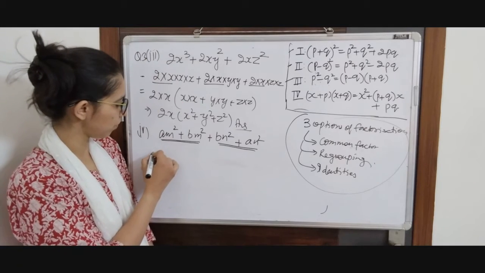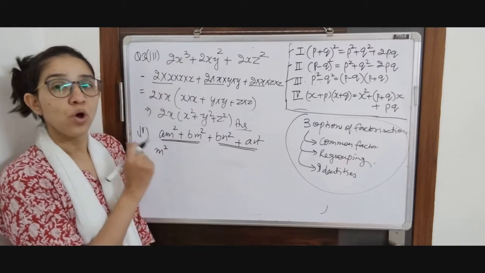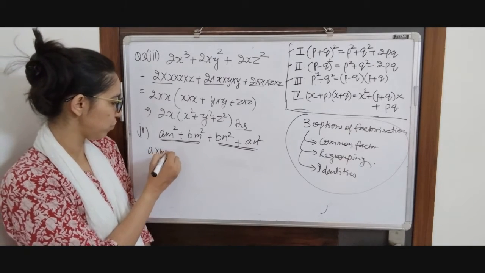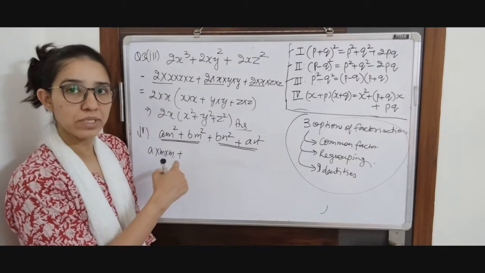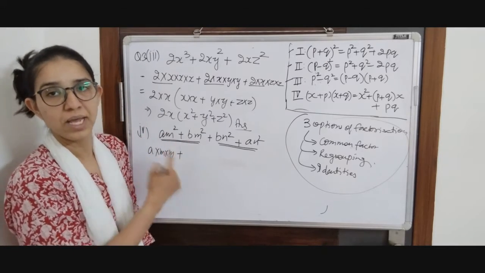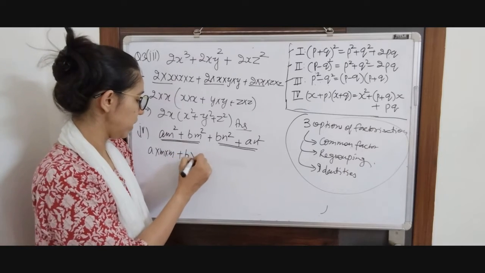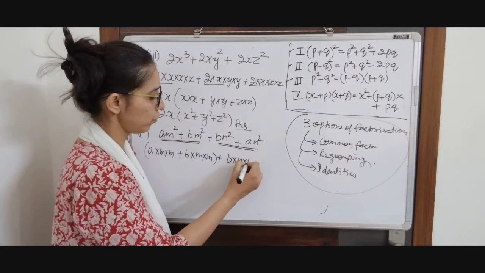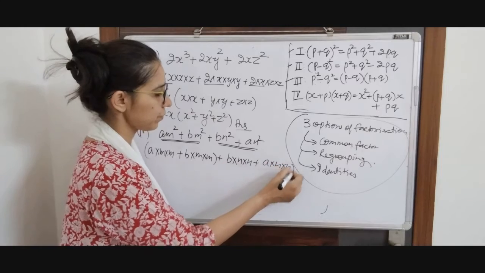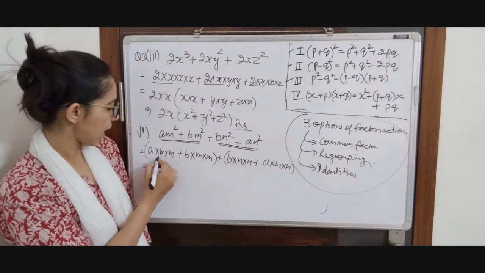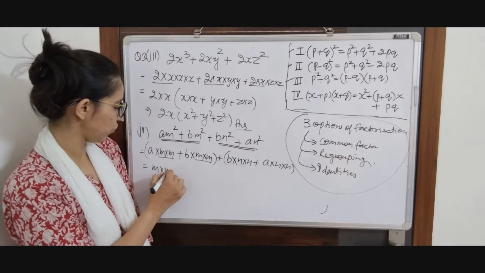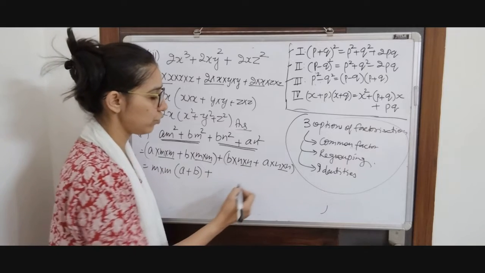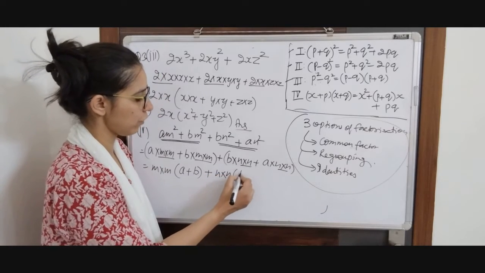So from these 2 terms I am taking m square common out. Or if you don't want to write directly, you can write one more step: you will reduce each term into its irreducible factors, and then you will take common out. Okay. So b m into m. So you have grouped them, and here you are going to group them. So it will be m into m common in these 2, m into m common in these 2, and inside we are left with a plus b. And similarly in these 2 terms, n into n is common, and we are left with b plus a.